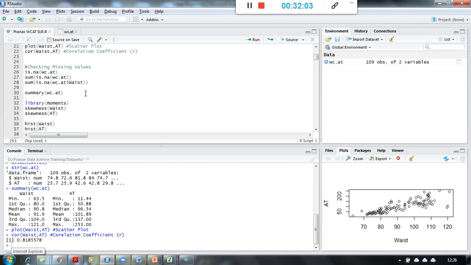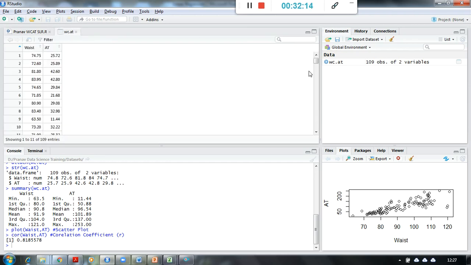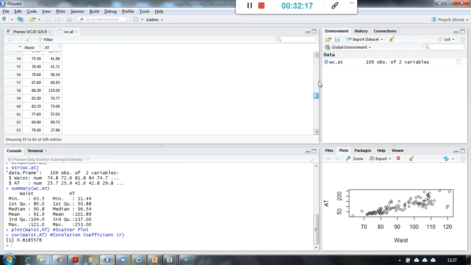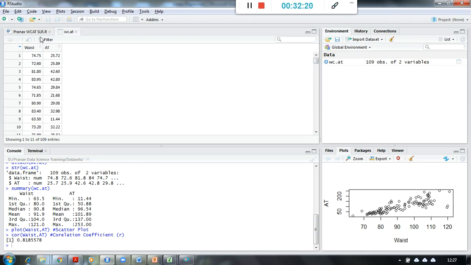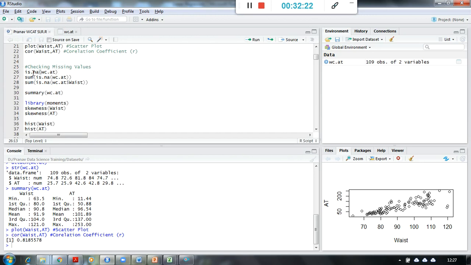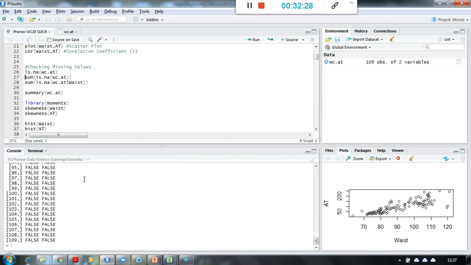Now, before going into the model building, let us first understand more about the data. Are there any null values available? This is 109 observations, so I can check by simply scrolling. But what if you have more than 10,000 observations or 1 million observations? is.na is the function you can use. Just pass the data set to it, and it will give you false, false, false, true, true, true, whatever it is. If any value is missing at any location, it will say true, otherwise false. But this is very difficult to understand.